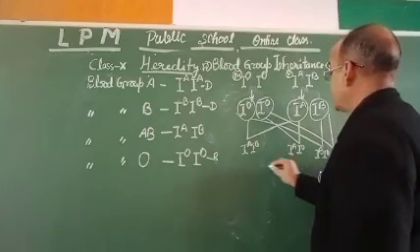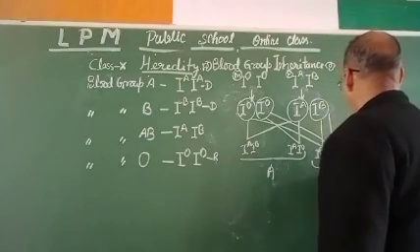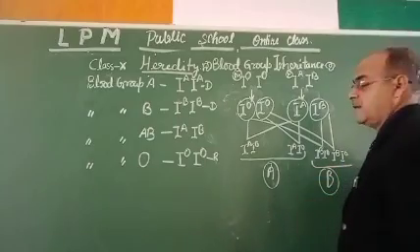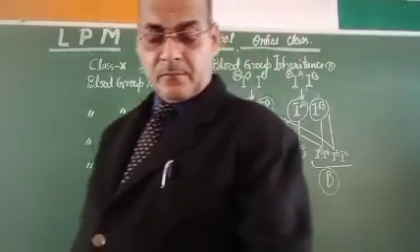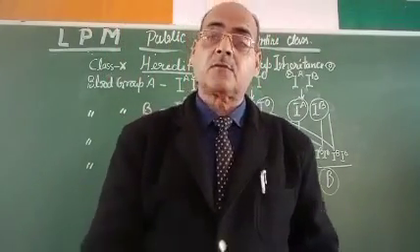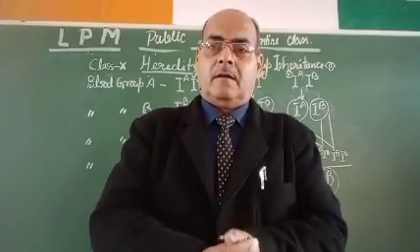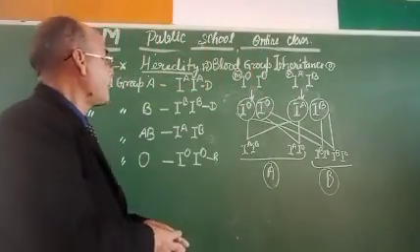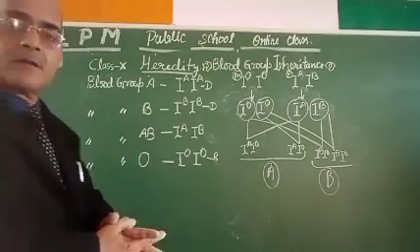Okay. So this is the blood group A. This will be the blood group A. This will be the blood group B. The result is blood group A will be born, blood group B will be born. 50-50. The progeny will be born. So my dear students, I hope you have understood this blood group inheritance as well as the sex determination.